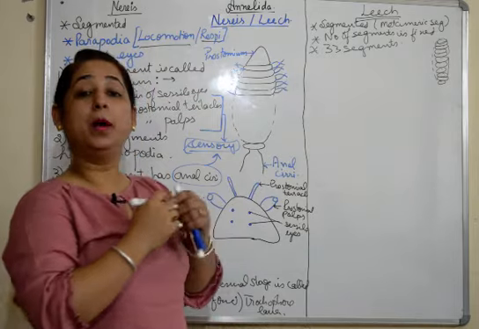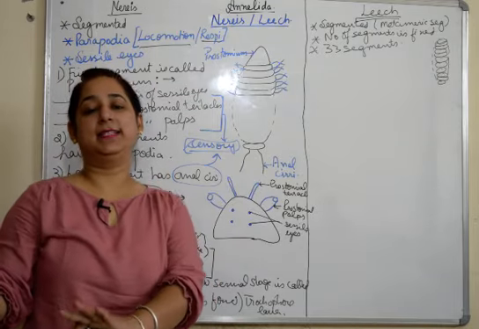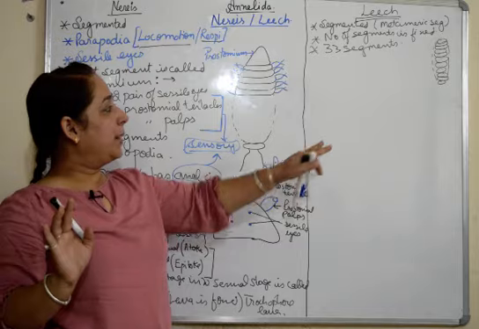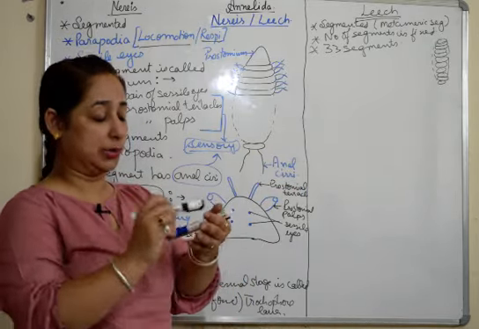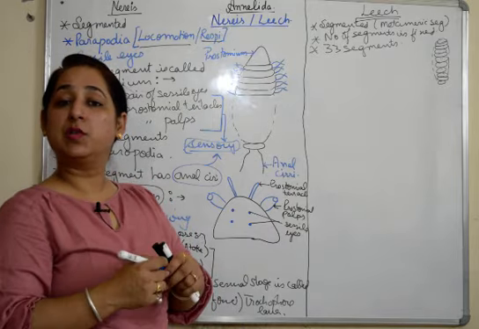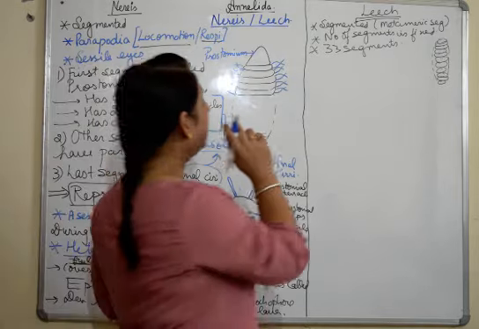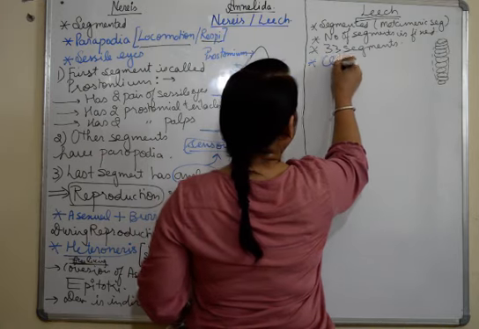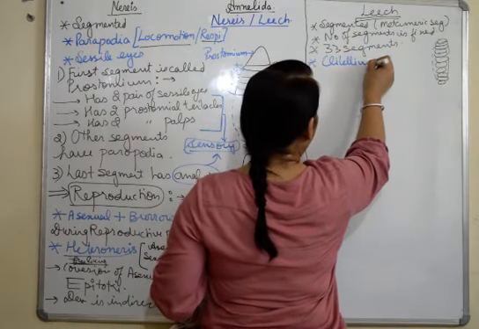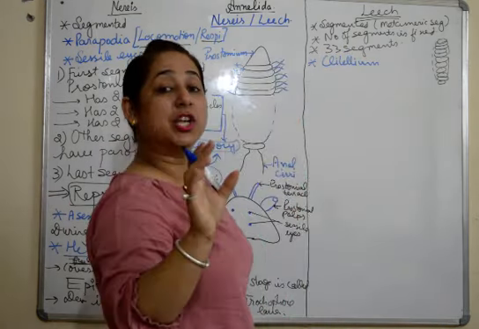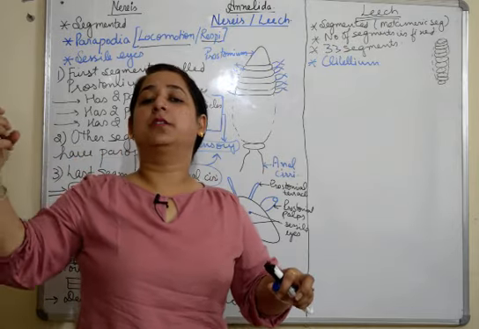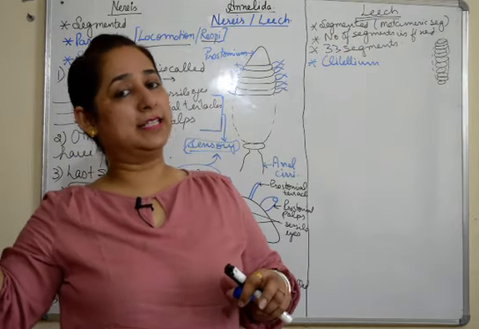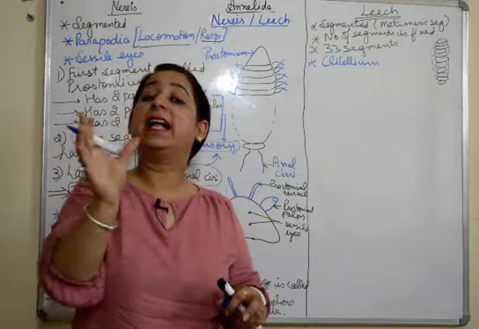Now when we talk about leech, all the other annelid characters remain the same, but there are certain significant characteristics related to leech also. The first one is the clitellum. The clitellum in leech is not permanently present. In earthworm, as we discussed, there is a structure known as the clitellum which will come out of the earthworm, and then fertilization will take place and the earthworm will be released. It acts as a cocoon.